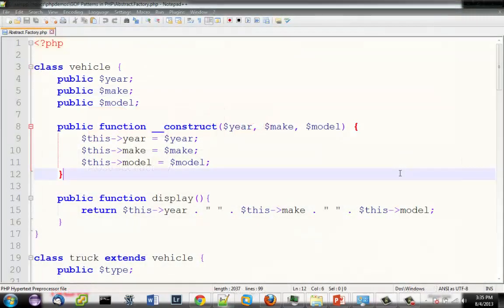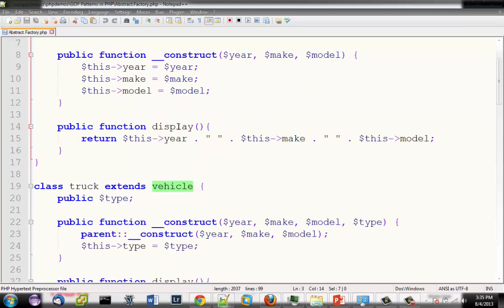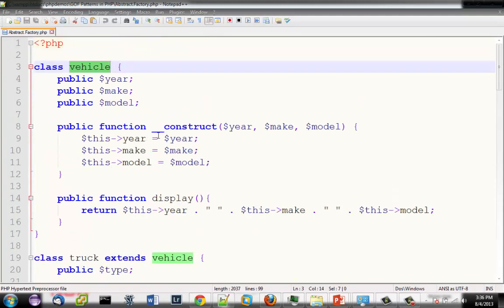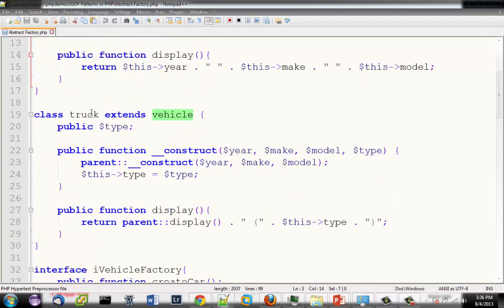Now I've got my abstract factory example pulled up here. Notice what I'm doing. I've got that same vehicle class I had a minute ago, with your make and model, the constructor and the display method. Notice I removed the factory methods out of this, and I have this down here as an instance of truck, and it extends the vehicle class and just adds an additional property of what type of truck I'm dealing with. So it's inheriting from the generic vehicle class.